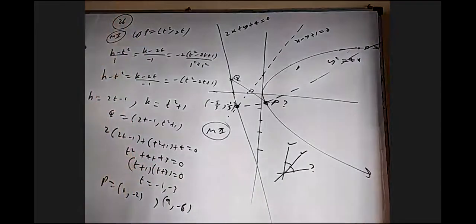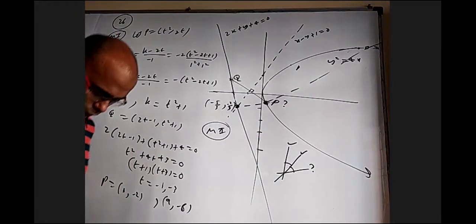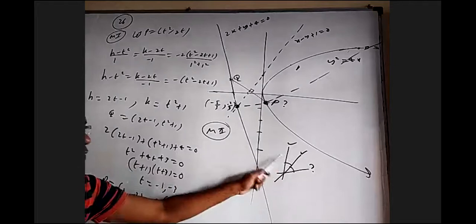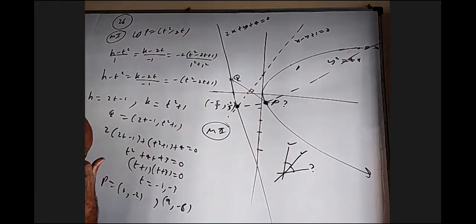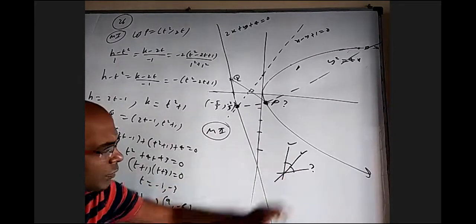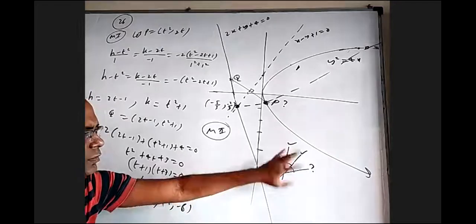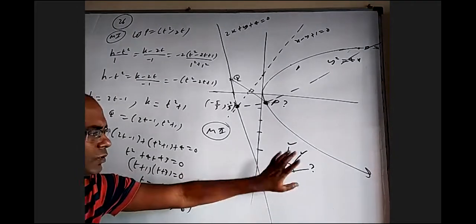So what will you do? Yeah, this is the bisector of these two. Then what will you do? So find the angle between them. Okay, fine. Tan of the angle. Yeah, you can find the angle between them. Tan theta equal to mod of m1 minus m2 by 1 plus m1 m2. If you know this angle, you will also know this angle.